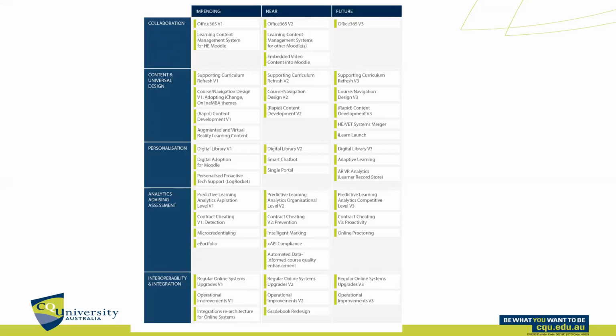Personalization, a lot of that is kind of behind the scenes, and granted, a lot of the projects that have the label personalization could fit elsewhere, and others that are in some other box could very well go into personalization. But we are looking at, under the digital library project, for example, to enhance the use of reading lists and allowing academics to customize really what they need for their units, and also expose some of the recommendations, or kind of like a recommender system functionality that allows students to see what else might be useful to them to consume as resources.